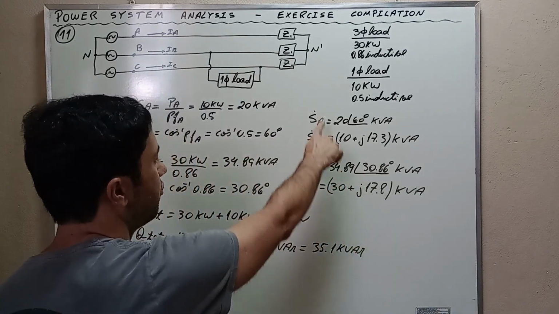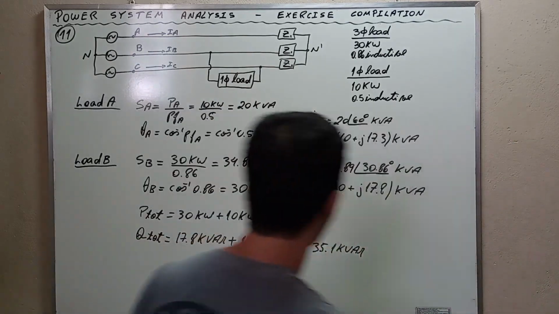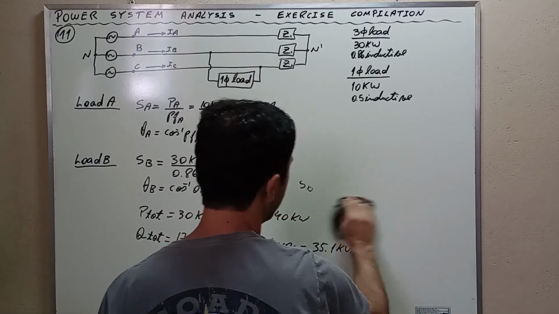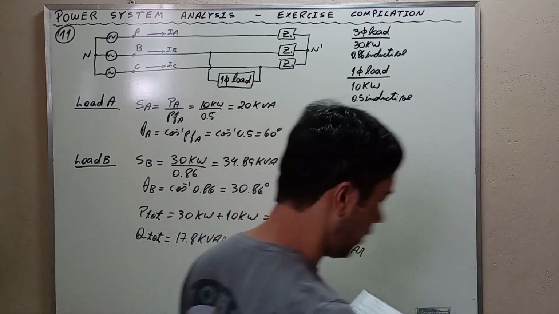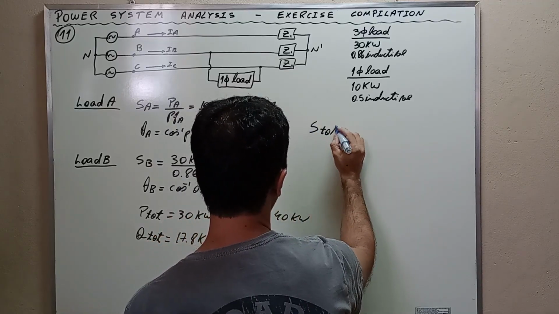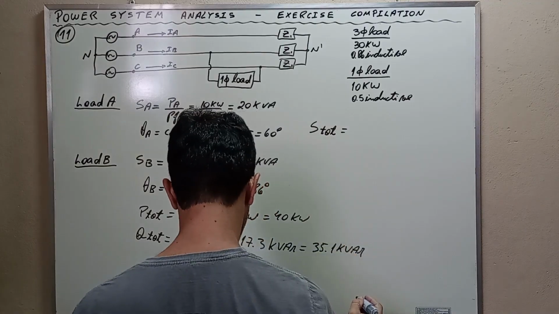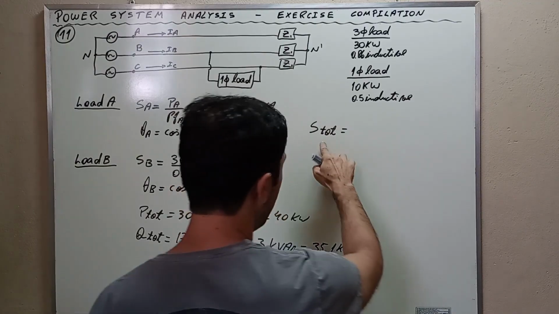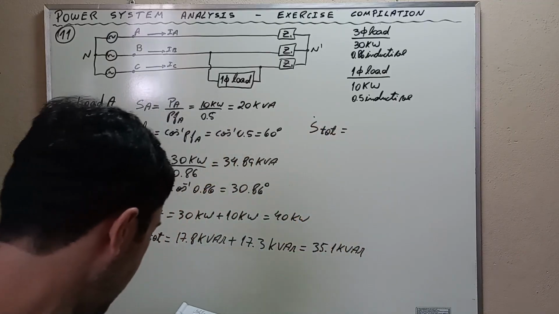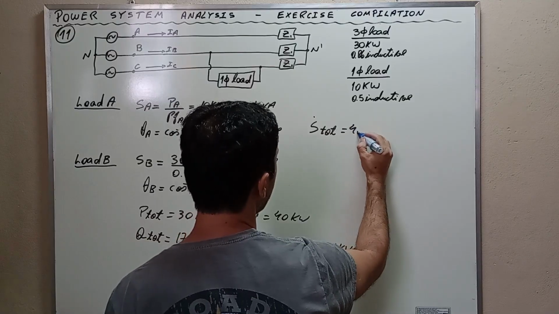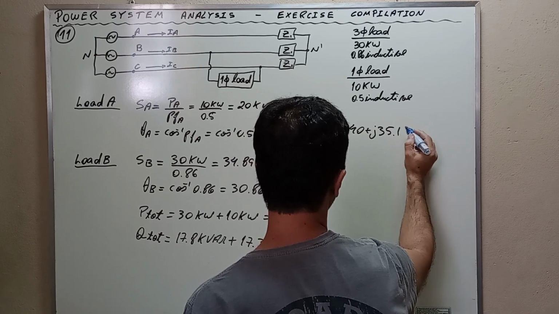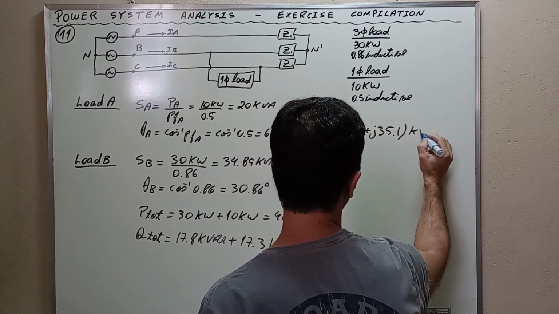I'm going to erase here because I'm going to need more space. Okay? I'm going to write the final result here. And then we know that the total apparent power is equal to the total complex power, not the total apparent power. The total complex power is going to be 40 plus j35.1 kVA,